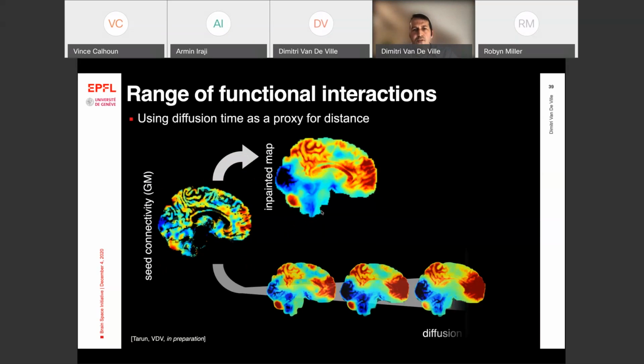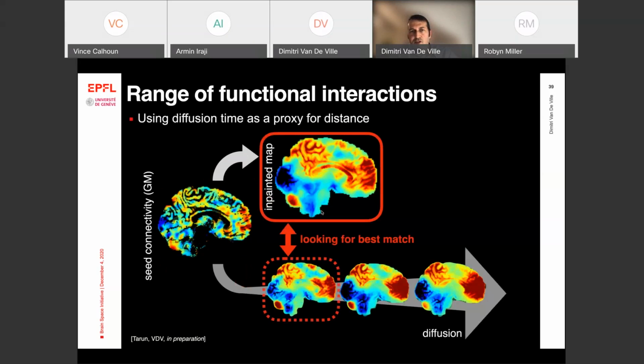And then, alternatively to simply diffusing the seed connectivity map on the gray matter, we're going to diffuse it until we establish what is the best match with respect to the inpainted map. And why are we doing that? Because in this case, we're using diffusion as a proxy for distance. So diffusion time becomes a proxy for distance because, as said, physical distance is embedded by hopping on this voxel-wise